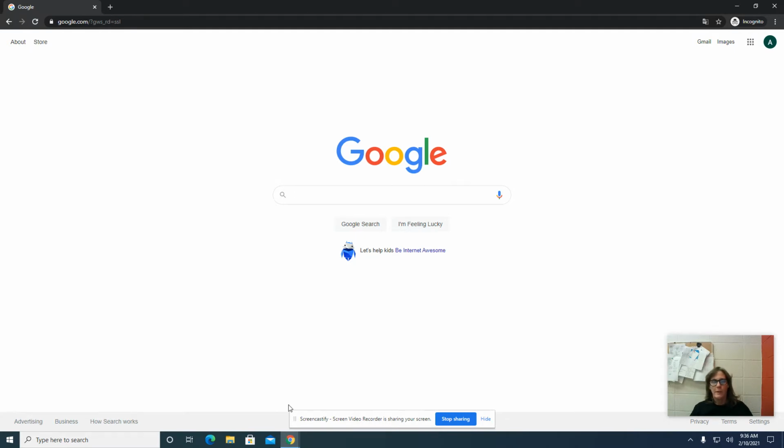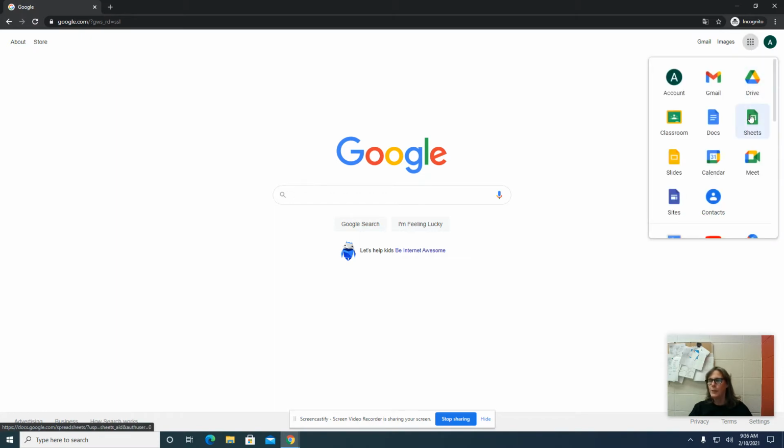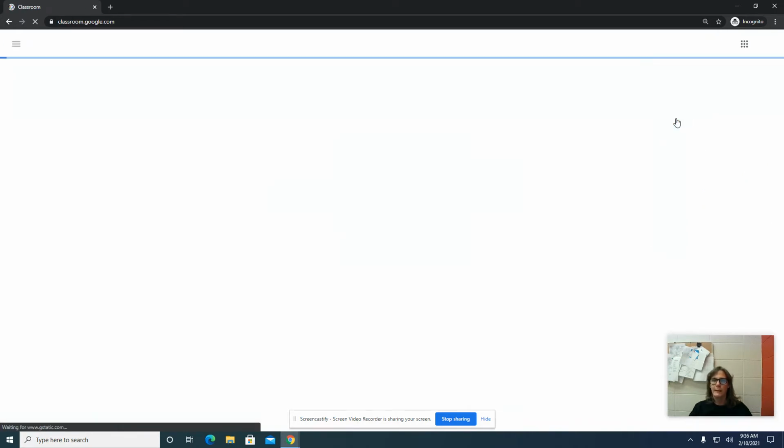If your student is logged into their Google account, you should click on the 9 little dots up here. This is actually called the waffle, and if you click on it, you will see all of the things that are associated with the Google account, like Meet, their Drive, their Gmail account. The one we want to look at today is Classroom. So if you would click on Classroom,